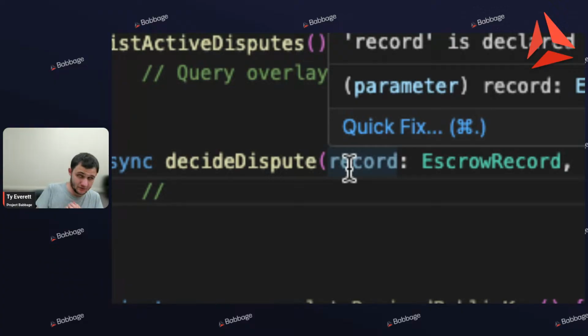Okay, so the forcing function here is that the platform cannot take the money for itself. But in the case that a dispute has already been raised,